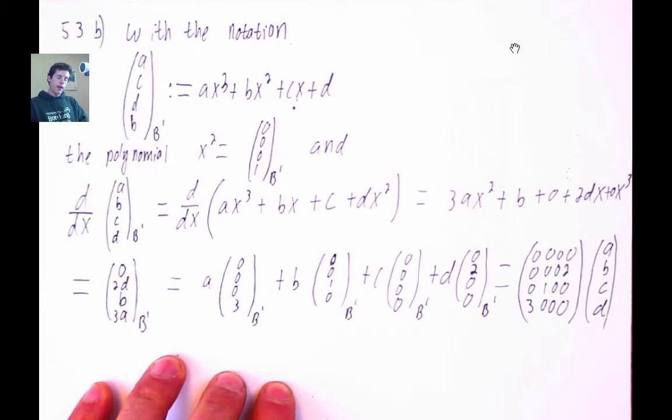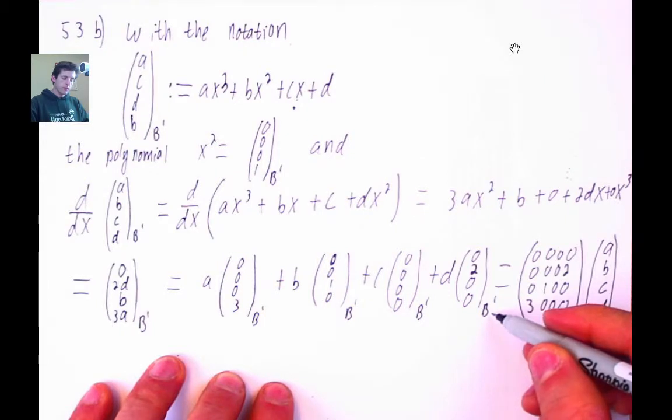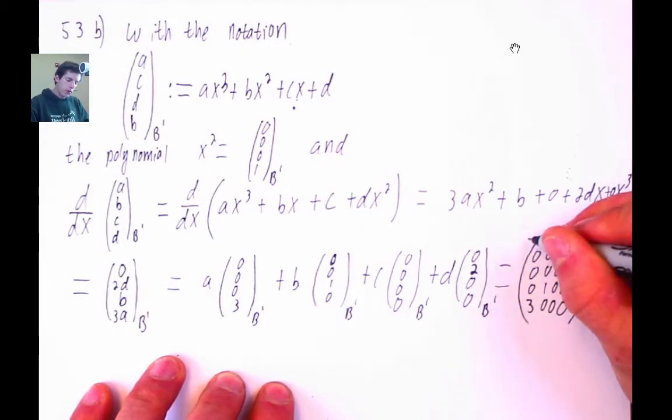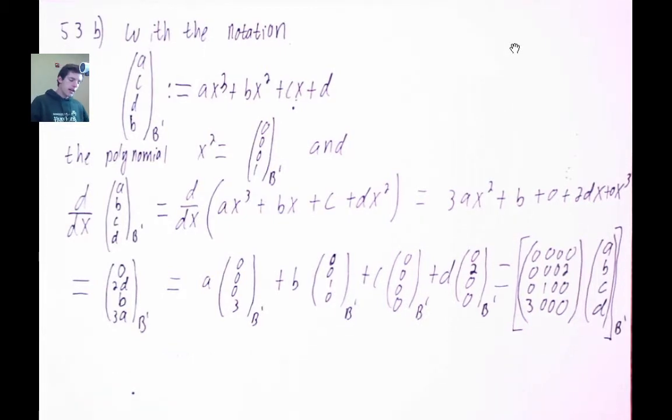It's important that they're in that order also. Okay, now notice that all of these guys are carrying B primes. And so B prime really ought to appear over here. What I'm going to do is put another parentheses and say after you do this matrix multiplication, apply the interpretation B prime. That means that this with a subscript B prime is a polynomial. Okay, so that is to say,